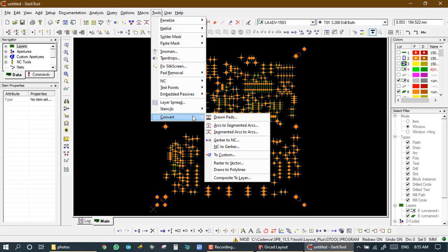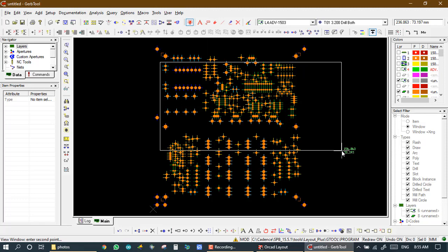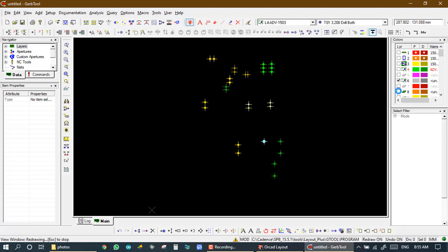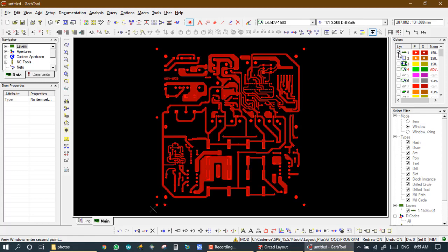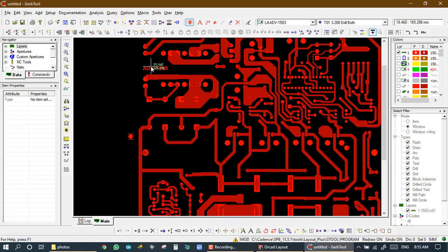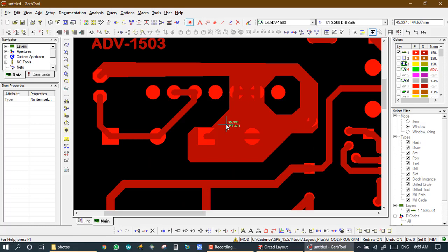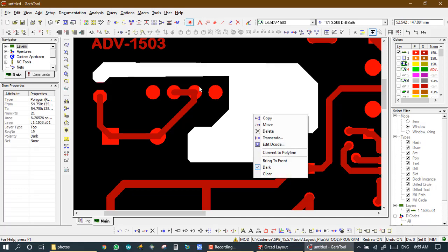Here we have one which is raster to vector. For raster to vector, we first open some copper layer, and most of the raster is available in the copper layer for our ground area. In any design we make a ground area, and for the ground area we make a raster in Gerber. So first check the property of this. So this is the property, this is polygon or raster. It is polygon, and R for raster.